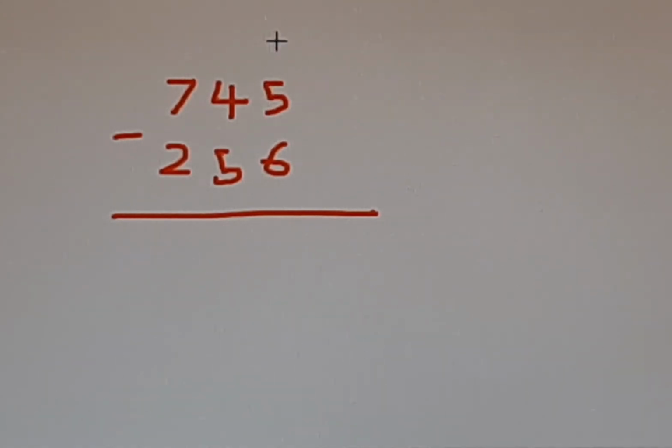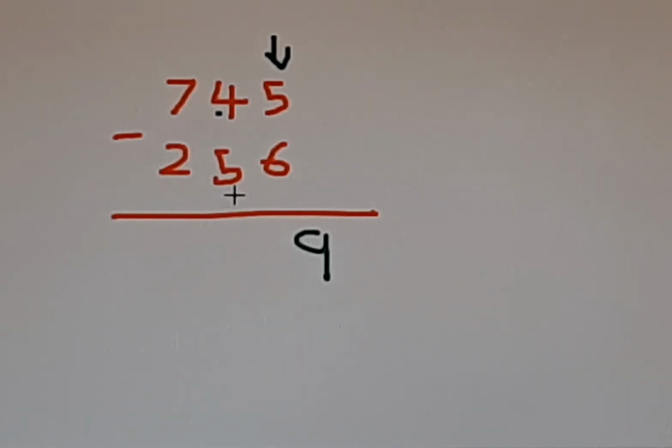First of all, you have to put an arrow here. Arrow means you are adding 10. You have borrowed from here, but this arrow means you are putting ones here. So 5 plus 10 is 15. 15 minus 6 is 9. Then you have to put a dot here because you are borrowing from this. The meaning of the dot is instead of 4 you have to put 3 because once you gave to 5.